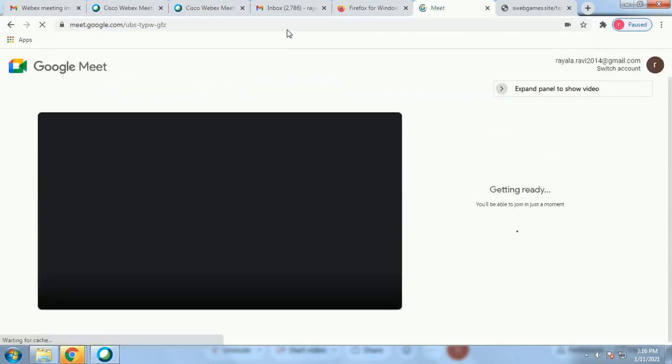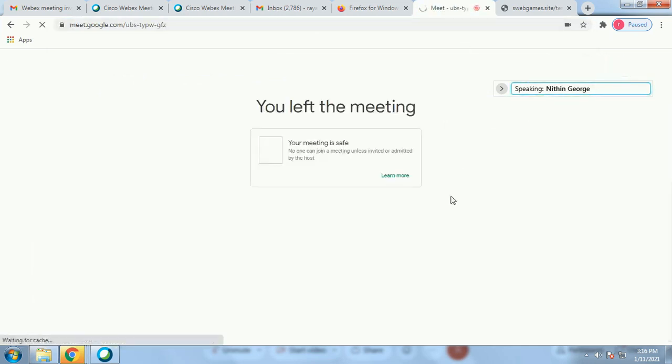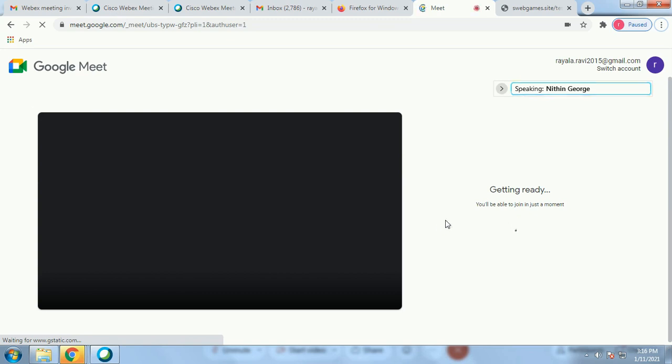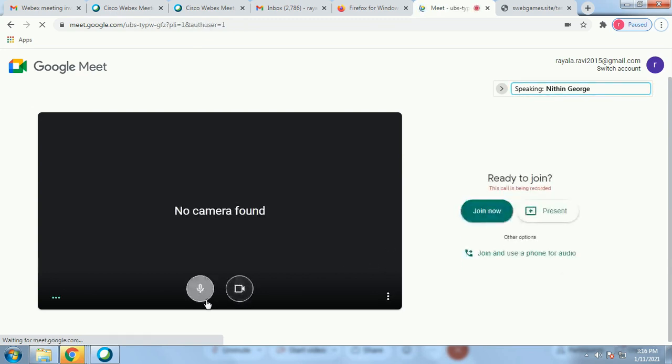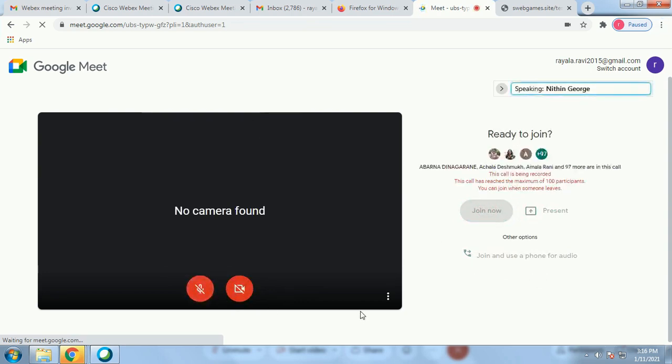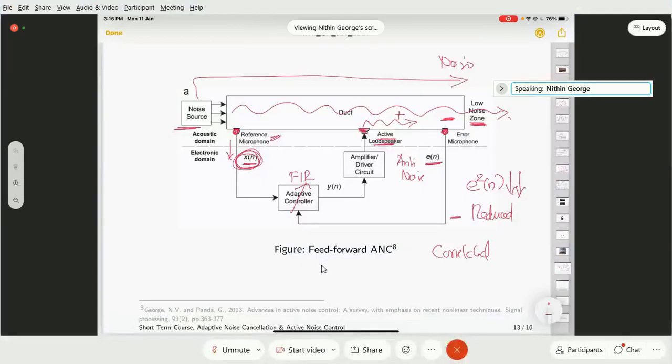No doubt, no? Okay. What is anti-noise? Anti-noise means whatever sound this active loudspeaker is producing is anti-noise. Why do we call it anti-noise? Because it is trying to cancel the noise. So noise is coming from here. Anti-noise I am going to produce using the active loudspeaker so that my overall net sound is a quiet region. Okay, net sound is a quiet region. Understood?